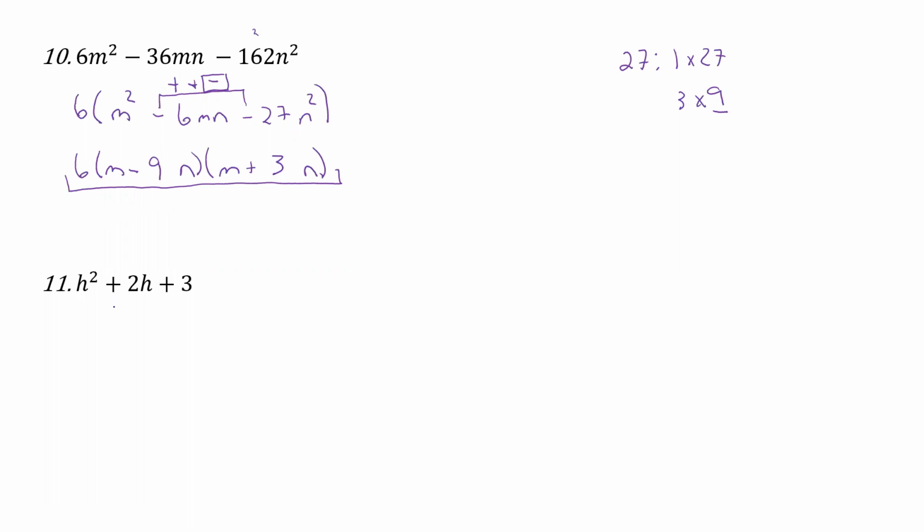All right. So here we're back to a simple one. We have plus and plus, so we're going to have h plus and h plus. And so factors of 3, when we add them together, they give us 2. Well, there's only one factor pair of 3, and that's 1 and 3. And when you add those together, you get 4, not 2. So this is one that's tricky because this is called a prime. And so basically, it's not